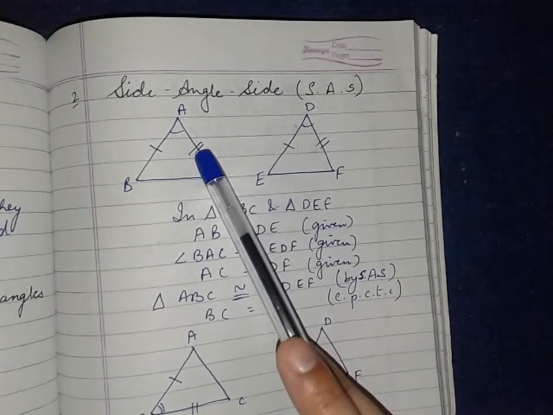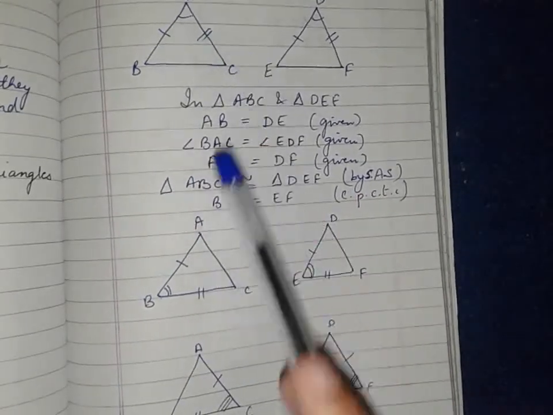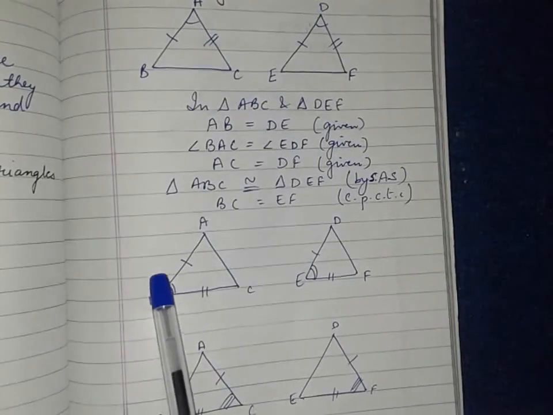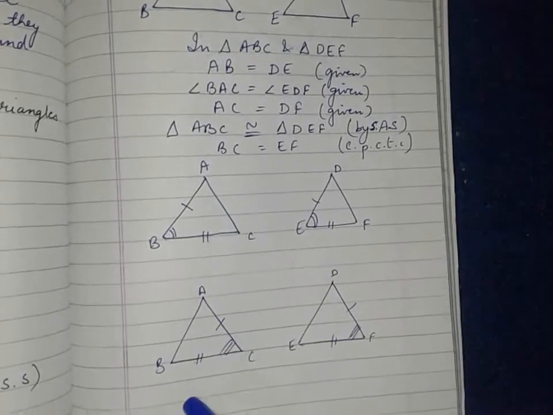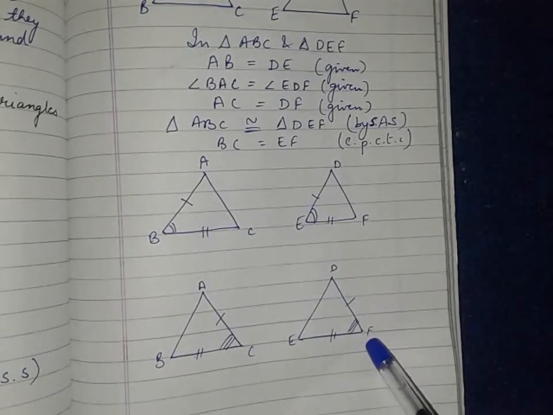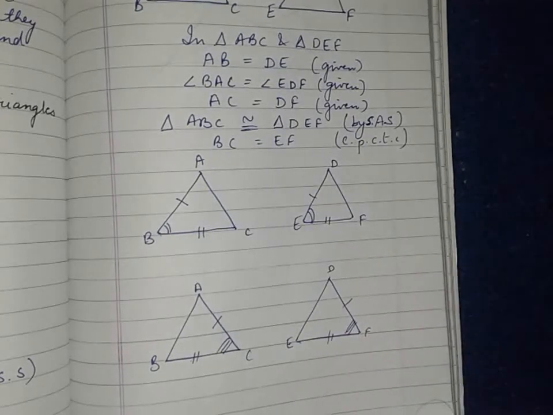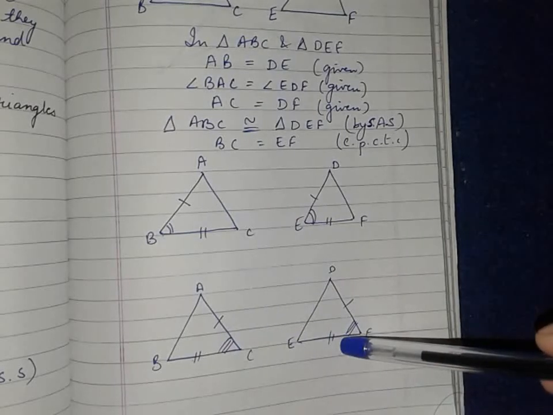This criterion can be seen in this form also. If instead of these two sides being equal, the angle included will be this one between the equal sides, and in this angle E. And if these two sides were given, AC and BC, then these were the included angles. These are some of the other ways for triangles to be congruent by SAS. These triangles are also congruent by SAS.